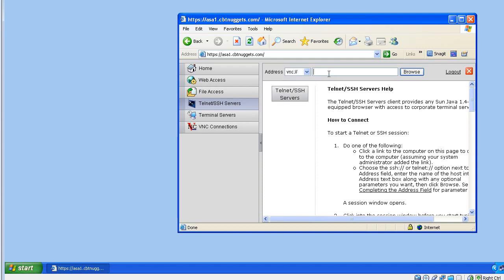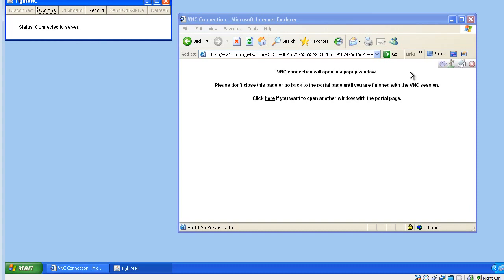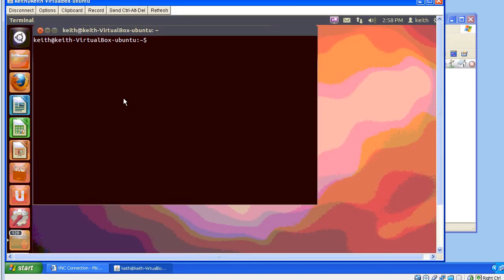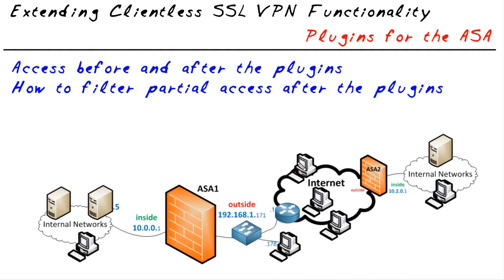If we wanted to go to that internal server at 10.0.0.5, we can do so right now, right here through the clientless VPN portal. So it's connecting to the server, it's asking us to authenticate, and now we're connected to the device, the Ubuntu server in this case, that's at 10.0.0.5. We're VNC'd right into it, all through the SSL VPN client, courtesy of the plugins. So we have this user as a clientless SSL VPN who's doing a VNC session through the plugin over to